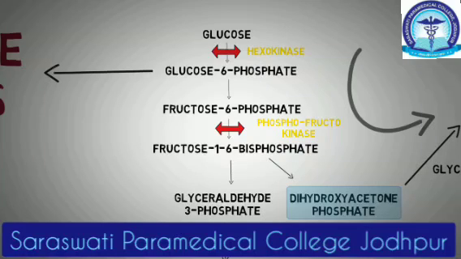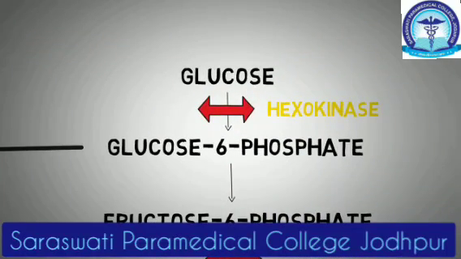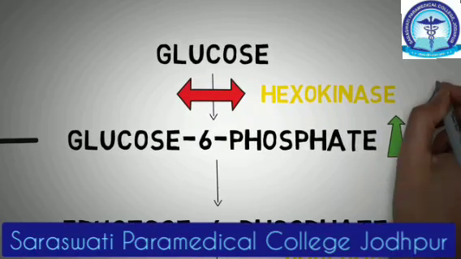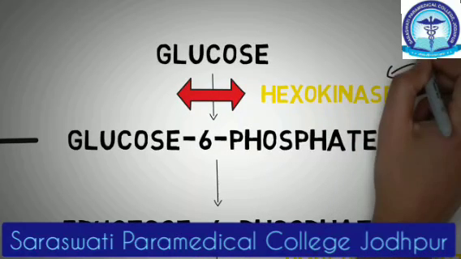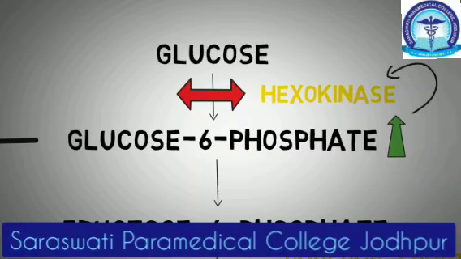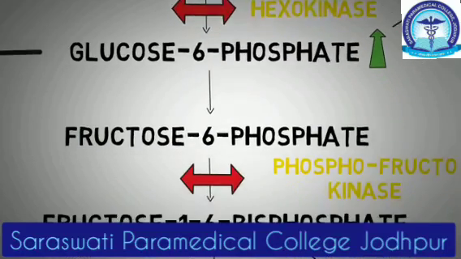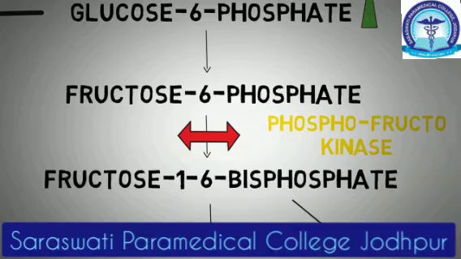Now, if you go into the details, this pathway is regulated at three main points by controlling the activity of three enzymes that act on these 3 points. At the first point, we have the hexokinase, and regulation at this step is simple. If the concentration of glucose 6-phosphate rises in the cell, the enzyme hexokinase is shut off, thus serving as an overall check on this pathway. The next point is here, the conversion of fructose 6-phosphate to fructose 1,6-bisphosphate, and the enzyme acting here was